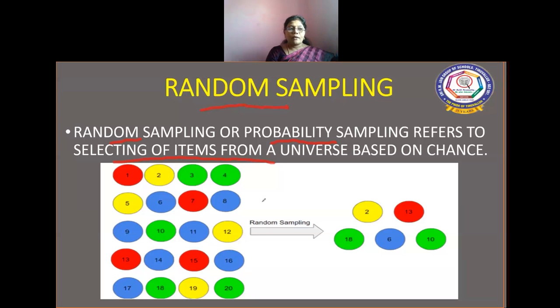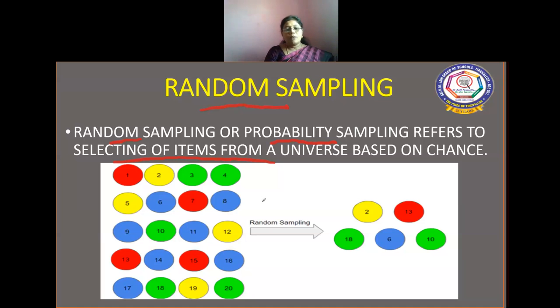Another way is that you are given a list of all the 2000 students and you pick and choose from that list. Still another way is that we can give cards to the students. You can prepare a card for each and every student, and you can shuffle them. You can shuffle and pick up the cards until you get the needed items. So in our example, we need 200 students, isn't it? So you can shuffle all the cards and then you can pick 200 cards from them.